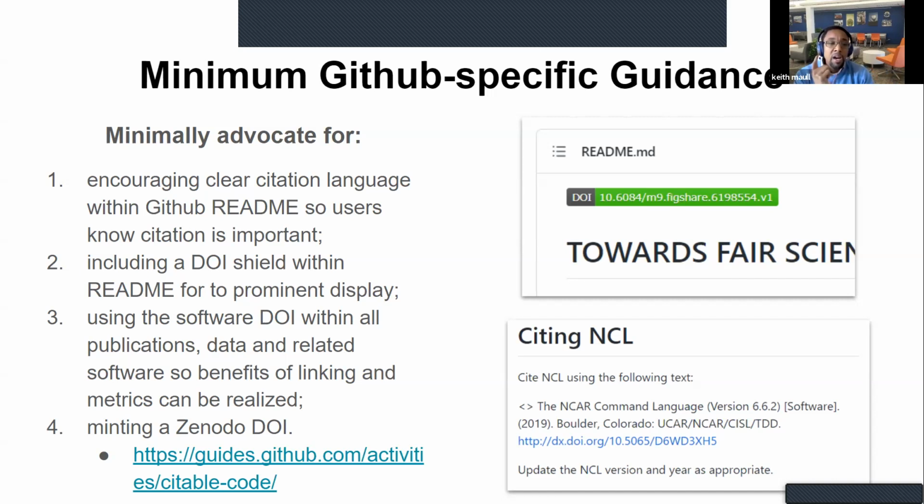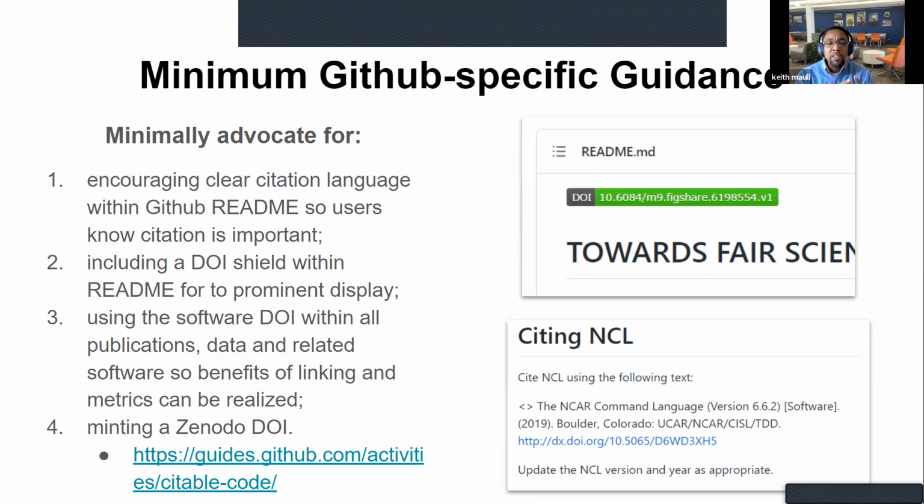And that would be having in your README file on your GitHub root a DOI shield, and this would be very easy to do in the README. It's just basically some markdown with a quick image inclusion with the shields.io and the DOI, and it's done, as well as a brief section that calls out how to cite the software.